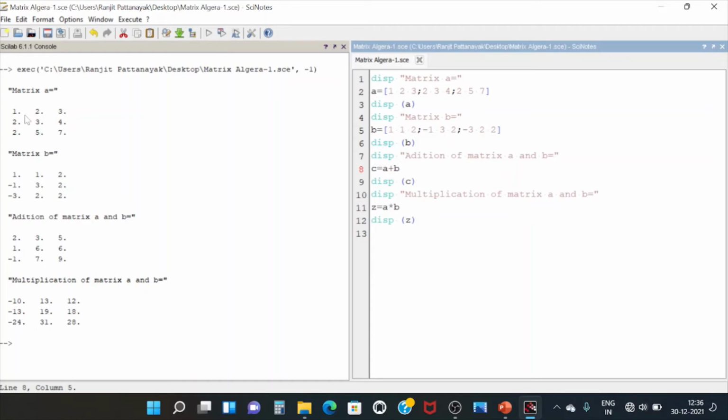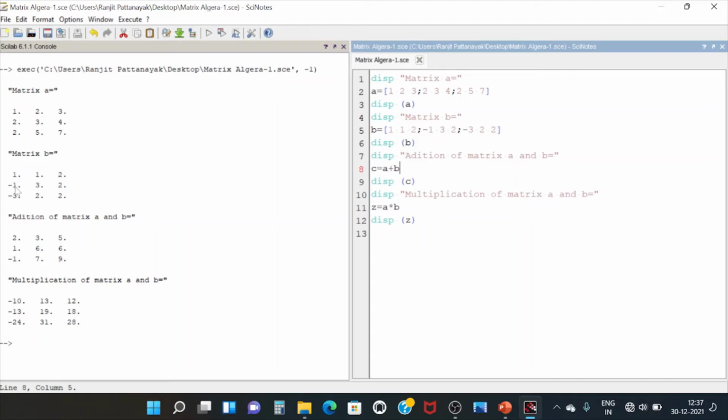You can see that you can do it by rough work, A into B. Here one row and one column. The row of this A matrix and the column of B matrix are going to be multiplied, each and every element, and added up. That we know. Here you can see that 1 into 1 is 1, 2 into minus 1 is minus 2, and 3 into minus 3 is minus 9.